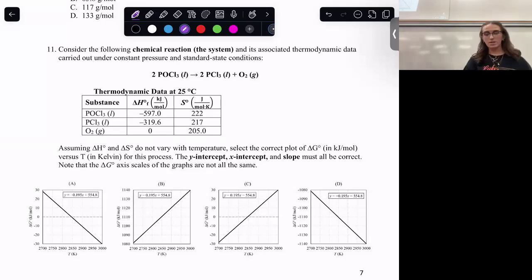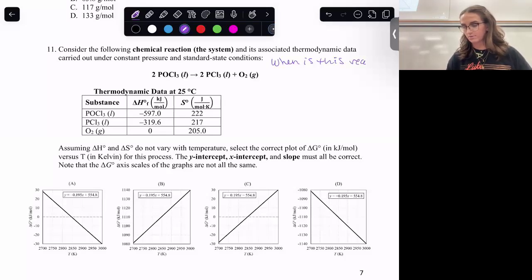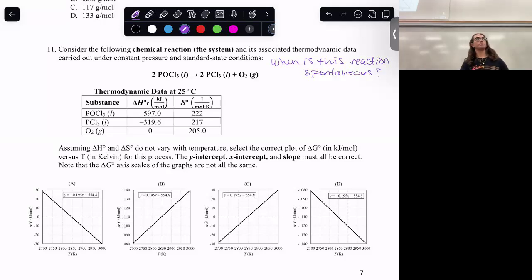Spontaneous or not spontaneous. So really what this question is asking is, when is this reaction spontaneous? That's what it's asking for. And how we solve that is if we know what delta G is. So we need to find what the delta H and delta S for this reaction are. And this is just going to be the standard state, so we can do products minus reactants. So delta H naught is going to be